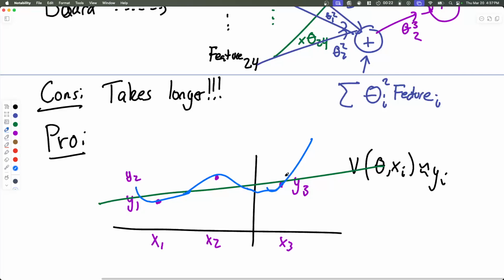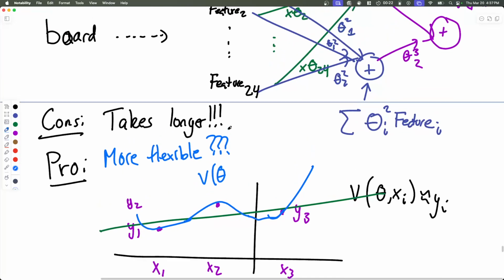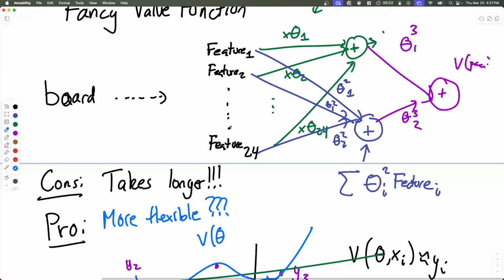So you can imagine that this is better. It's more flexible. So more flexible, question mark. And that's a very nice thought. Unfortunately,